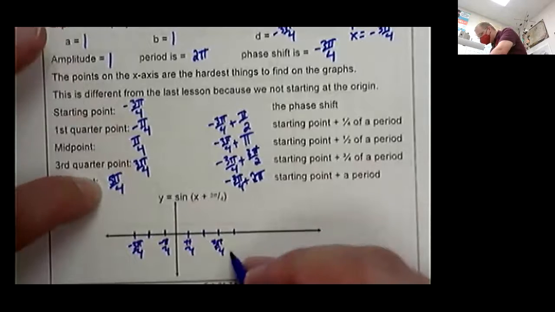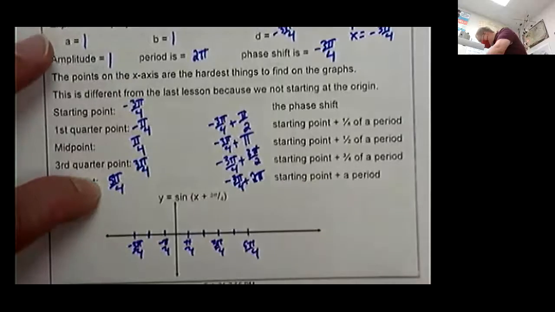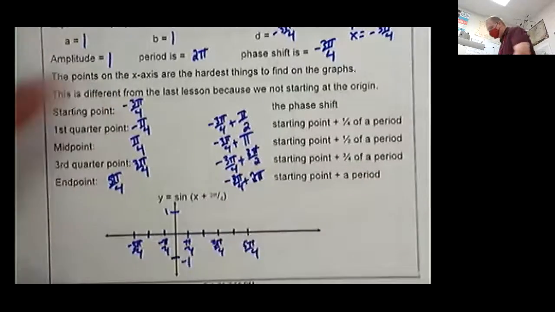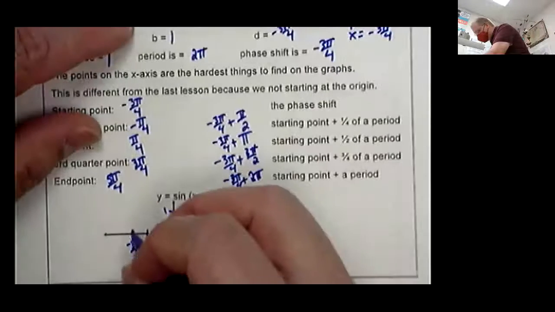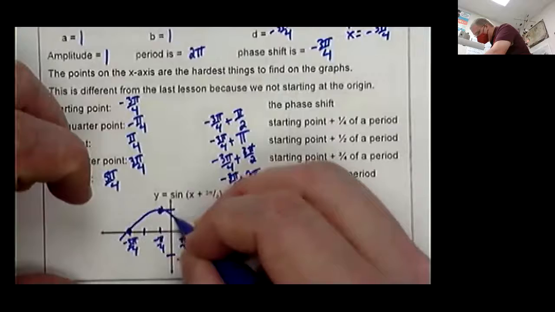And then there's 5 pi fourths. And then our max, because our amplitude is 1, is between 1 and negative 1. And we're graphing sine. So sine starts at 0. It's going to go up at negative pi fourths, back to 0 at pi fourths, negative 1 at 3 pi fourths, and back to 0. And there's our happy little sine graph